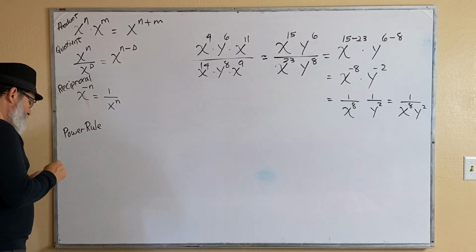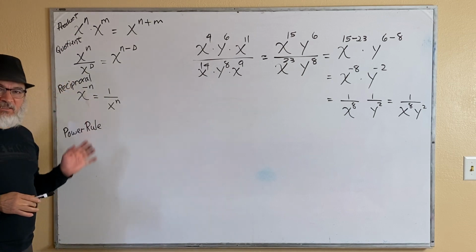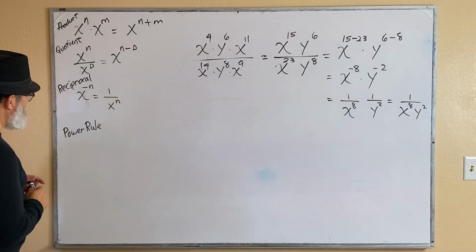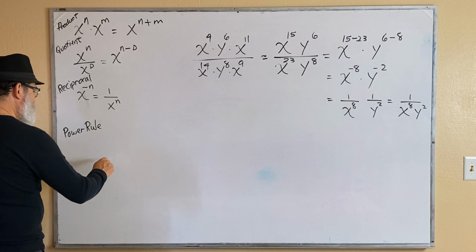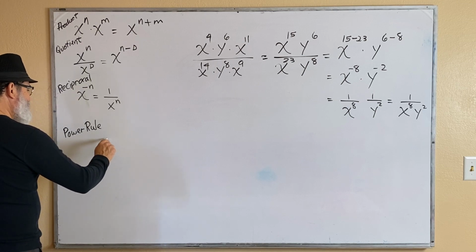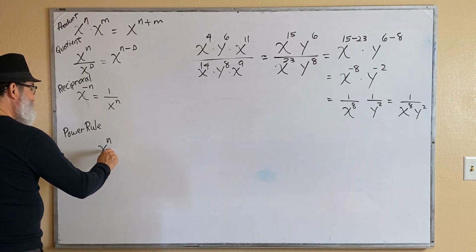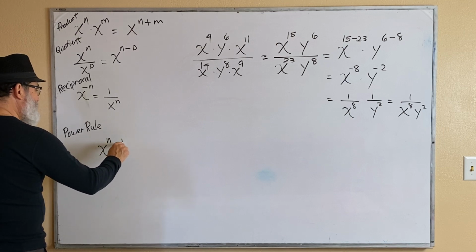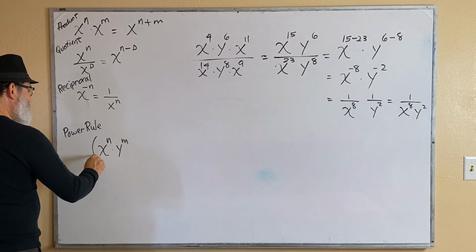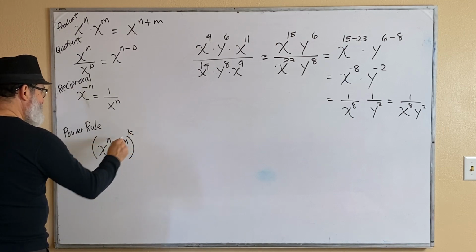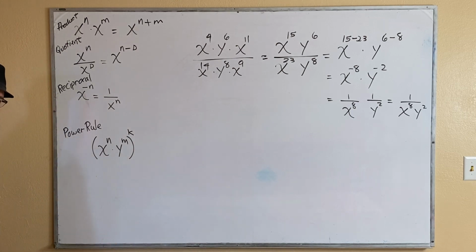All of these are rules for exponents. So the power rule says this: x to the nth times y to the mth raised to the kth. Okay. Now,